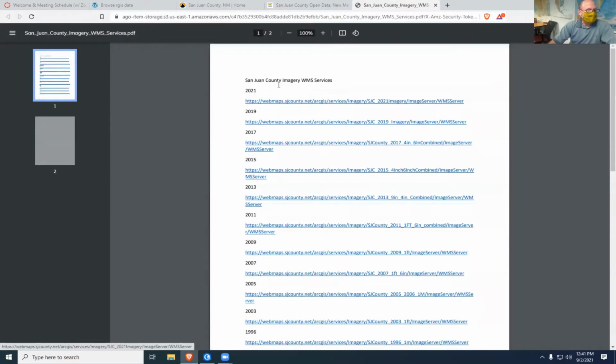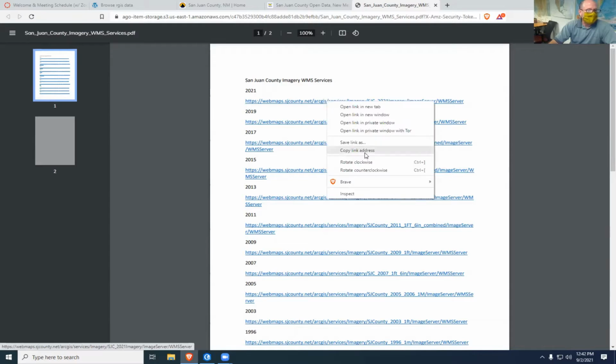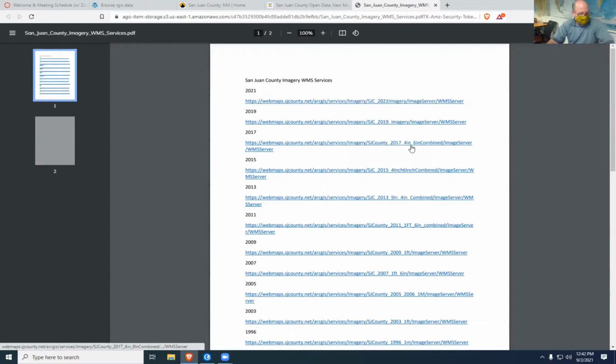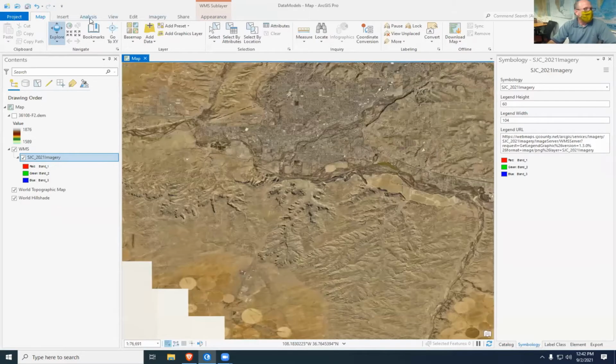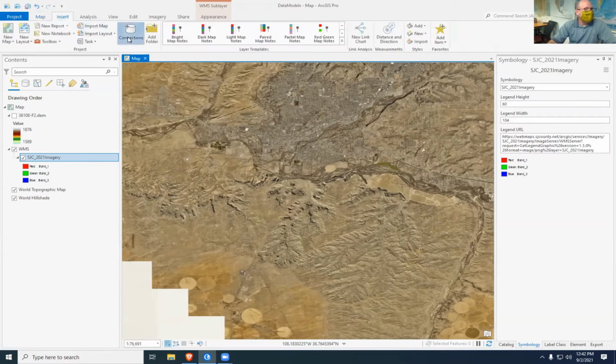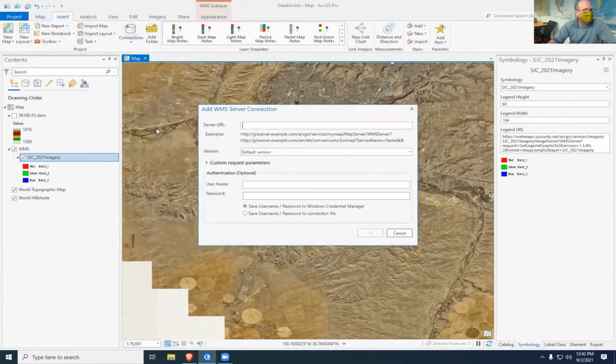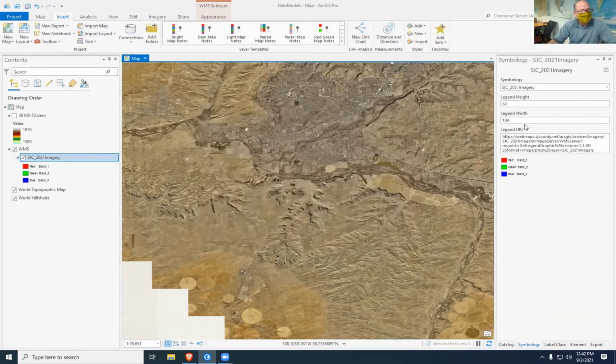And well, you can pop any of these in, you can do all of them if you want. But we used the first one and we copied that link address to use in, if I insert a connection, a WMS, Web Map Service connection, paste that link, click OK, and what ends up